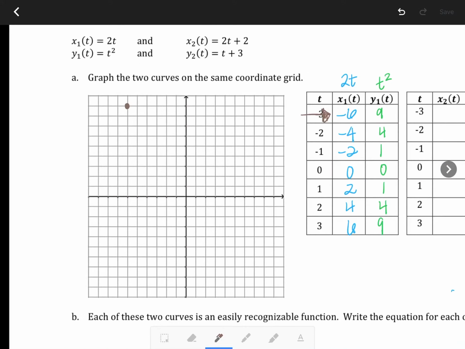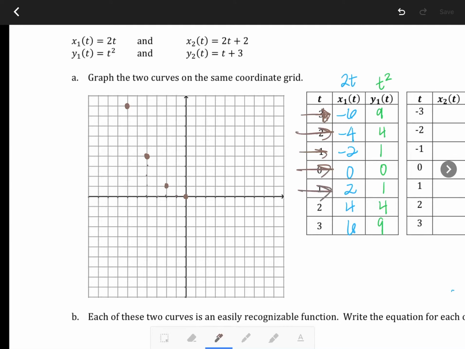And that next point we're going to graph is negative 4, 4. And then we'll go ahead and graph negative 2, 1,